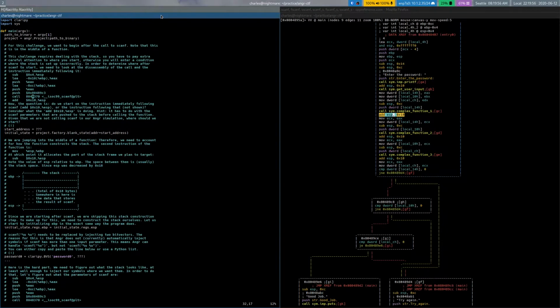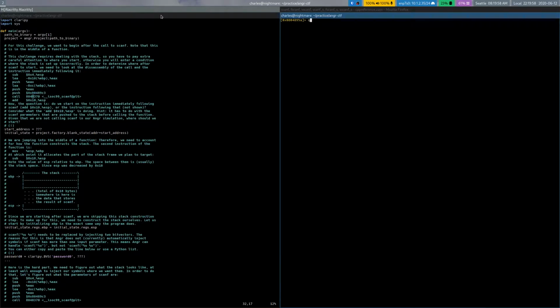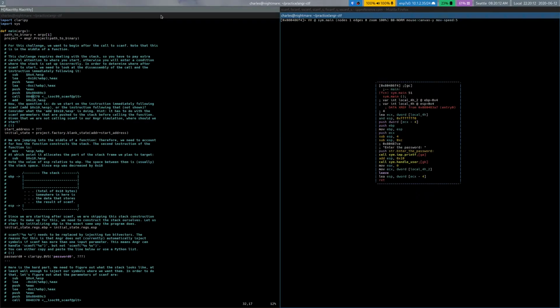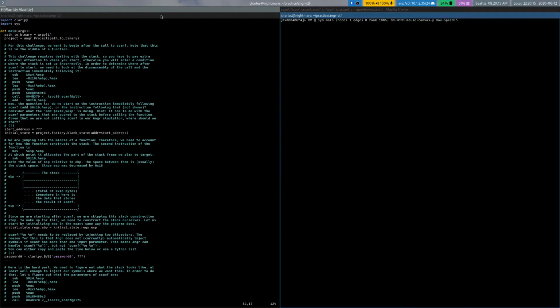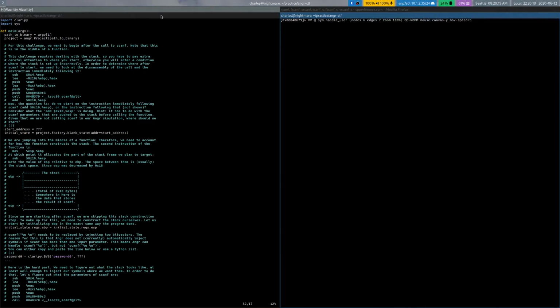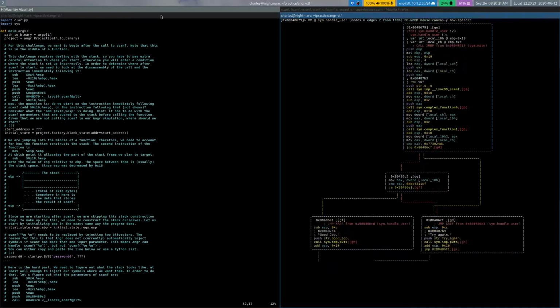Okay, well, let's go ahead and analyze it with radar. Okay, so then we are doing it in this function called handle user. But the key is that the scanf can't be fully separated from the calls to function and stuff. So